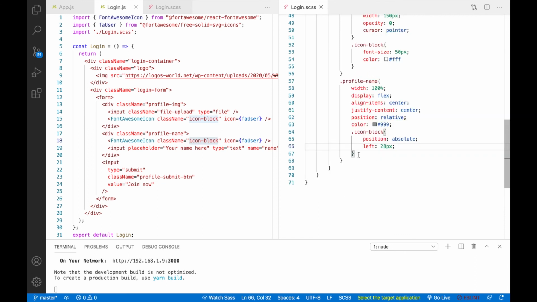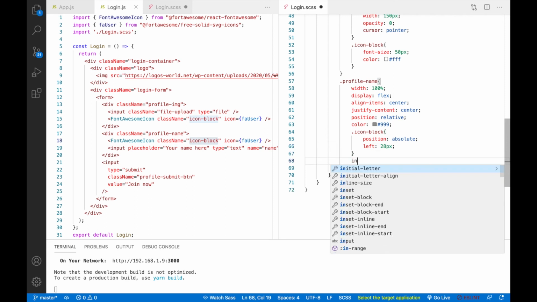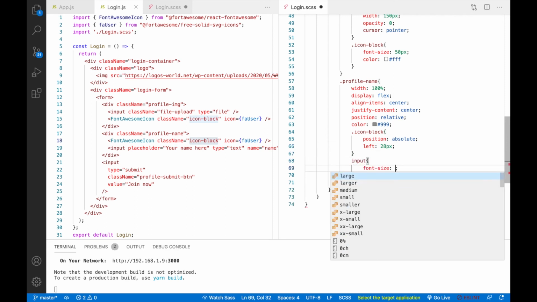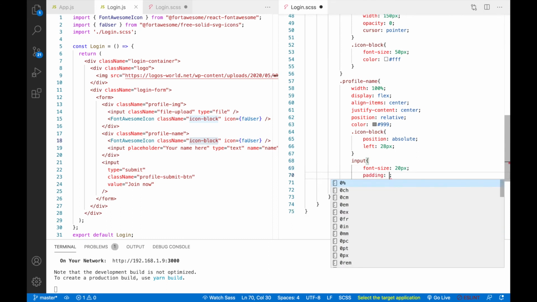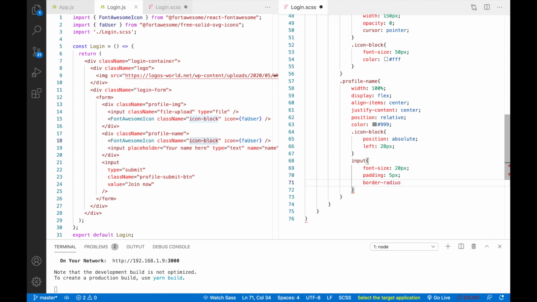Okay, so after this we'll take input, and here font size will be 20 px, padding will be, not 20, sorry, 5 px, border radius, so this will be 5 px again, outline none, we don't need any outline.